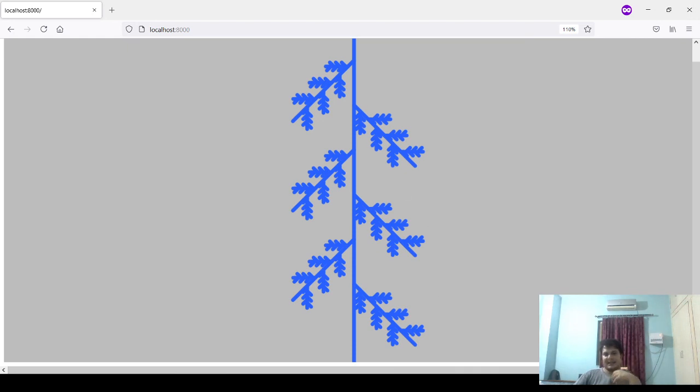Here I think I am having around six levels. We have gone till three level by three. It's kind of acting like an actual tree also. So this is how you can play around with the constants and change each and every value according to your need.